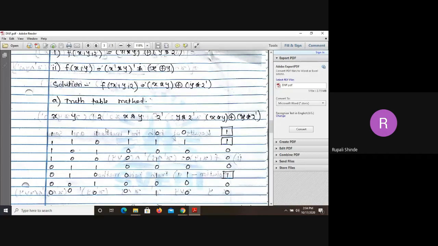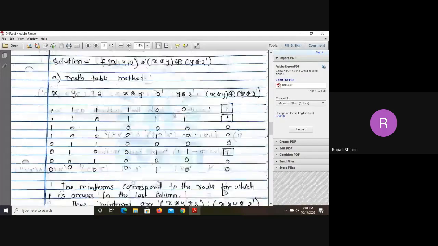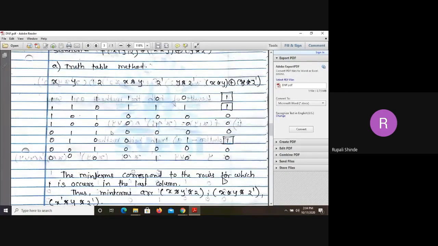So 1 is what? That variable is in its original form. So we can express this one as minterm x star y star z. Why have we not taken the complement of any variable? Because here we got the values of x, y, z as 1. If it is 1, then consider the original variable. Now check the values for the second one.